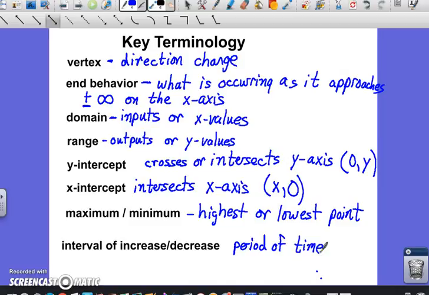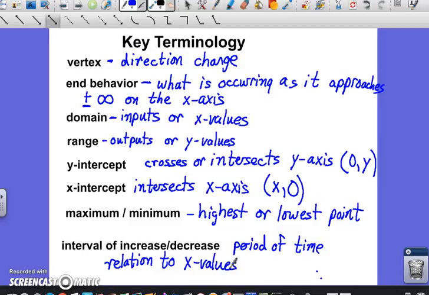So it's saying what period of time is it increasing? What period of time, when is it increasing, when is it decreasing? Now, interval of increase, interval of decrease will always be in relation to your x-axis, in relation to your x values. So everything we talk about, if we say that it's increasing from -4 to 1, well, that means when